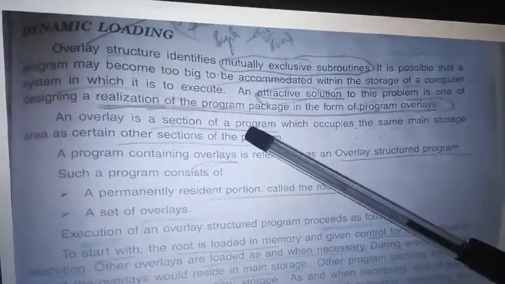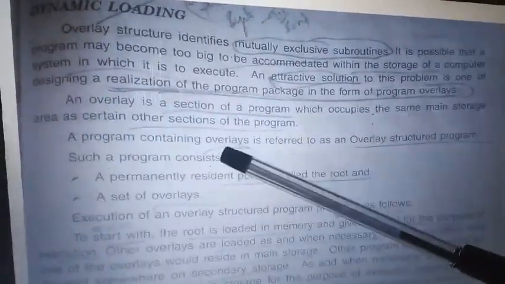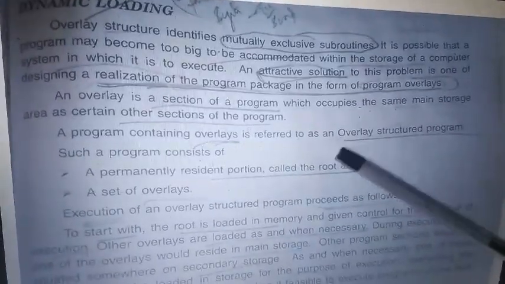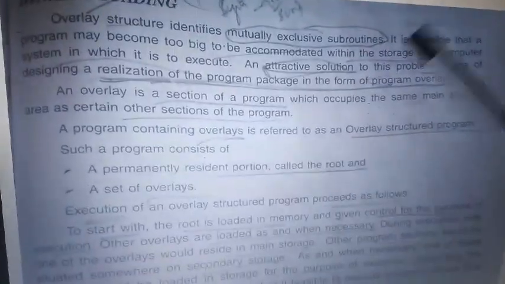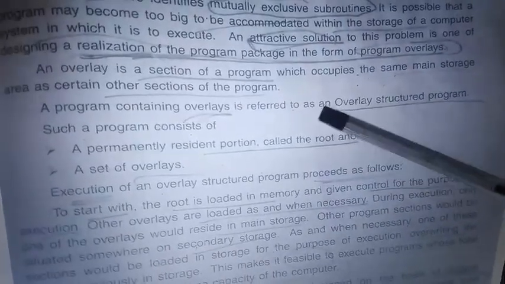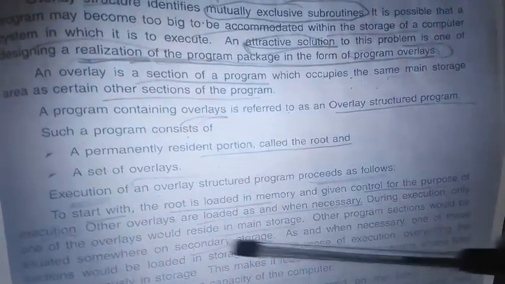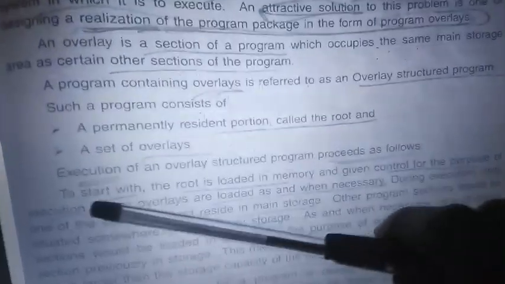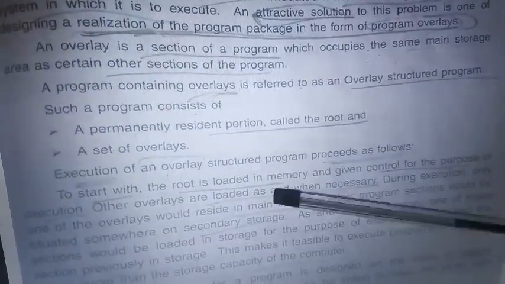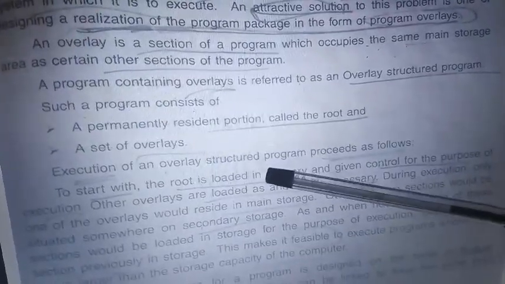So the overlay structure refers to a program which consists of one small portion of memory where you store a main program, which is called the root, and all the subprograms are called a set of overlays. So first, to start, you load the root program in a small area.